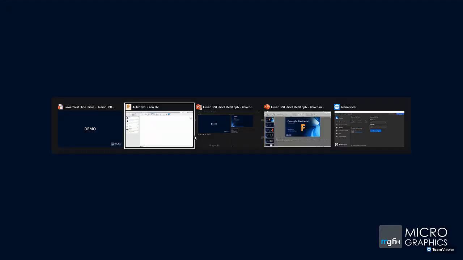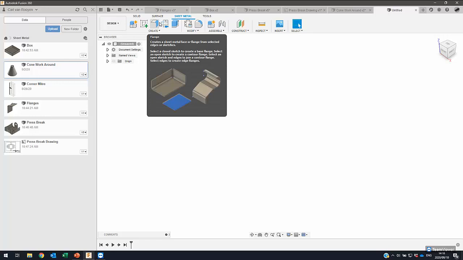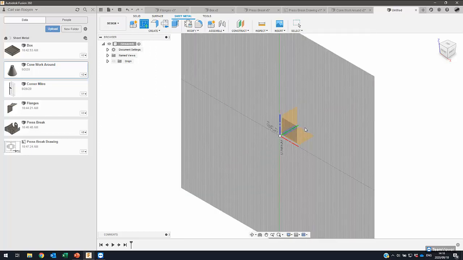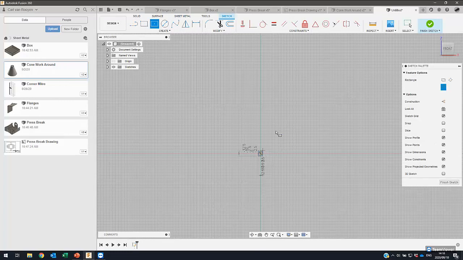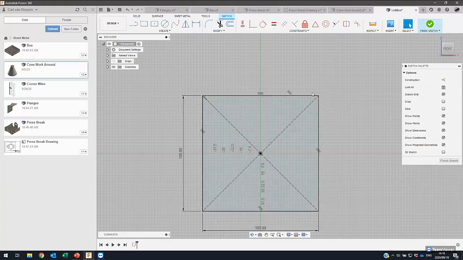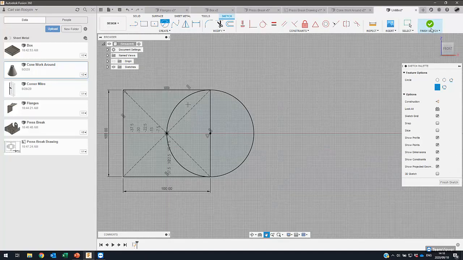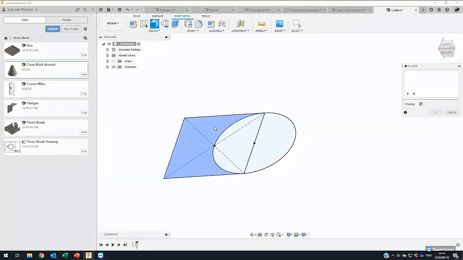So that was a quick introduction into those features. We'll do a demo here, starting off with the flange function and looking at how those various flanges are created. So the first one, as mentioned, was to create basically a simple flat face. If I wanted to create a plate that was 100 by 100 wide, maybe it even has a round on the one end, I'm able to draw out that profile, finish the sketch, and then from here use the flange option,